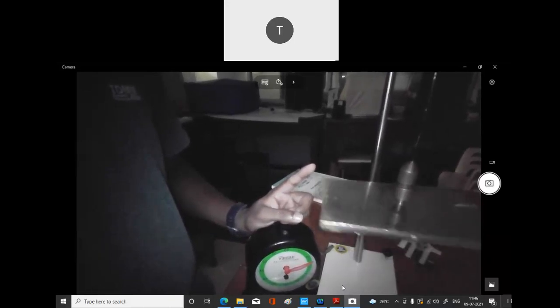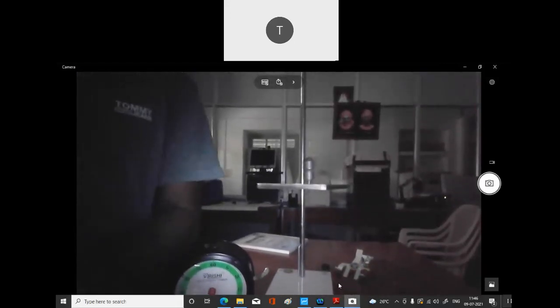Then 1.5, and when it comes back, it is 2. Then 2.5, 3, and then 3.5. Be ready when it comes back to 4. When it stops, stop the clock. So this is your time for the plate perpendicular to the plane. It is around 31 seconds, so I'll write that as 31 seconds.